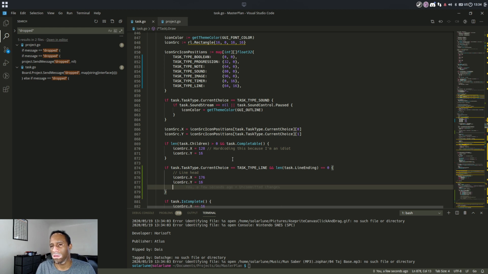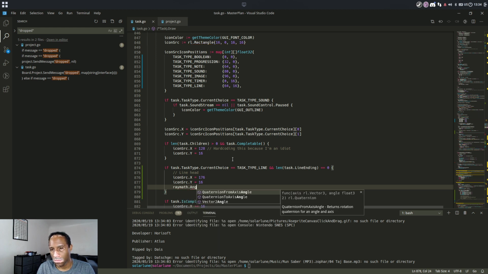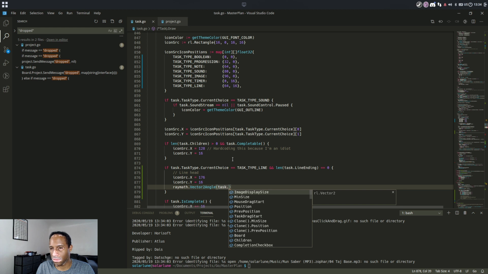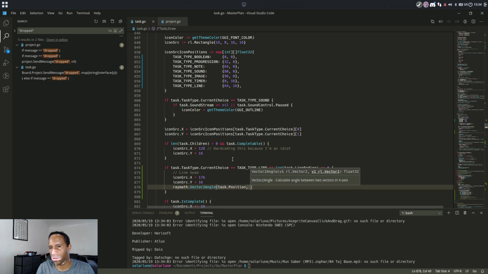So let's see. How do we get the angle? Vector 2 angle. Okay, this is doable. So we need to get the angle between the task dot position